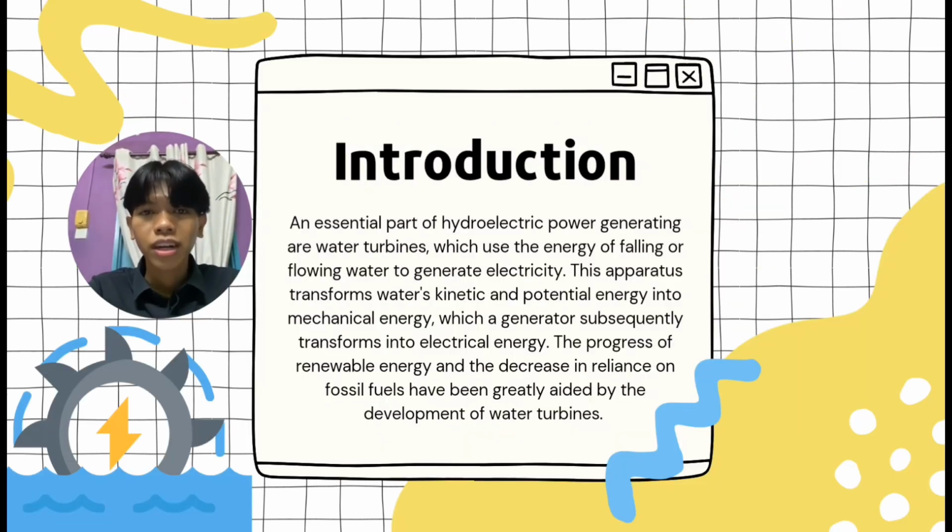This is our introduction. An essential part of hydroelectric power generating are water turbines, which use the energy of falling or flowing water to generate electricity. These apparatus transform water's kinetic and potential energy into mechanical energy, which a generator subsequently transforms into electrical energy. The product of renewable energy and the decrease in reliance on fossil fuels have been greatly aided by the development